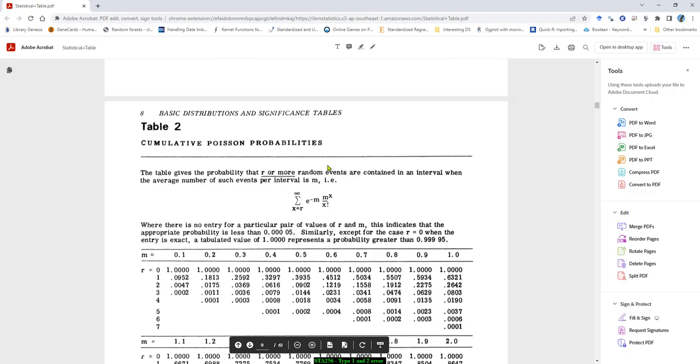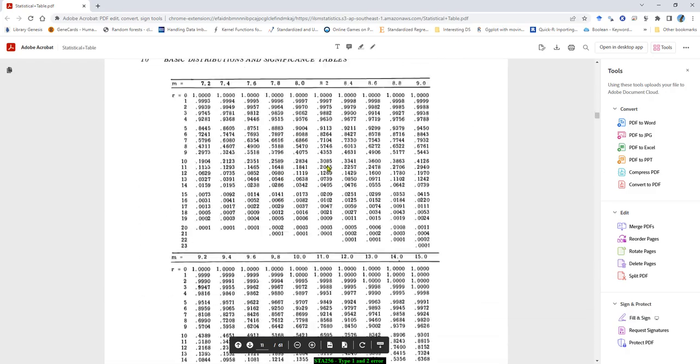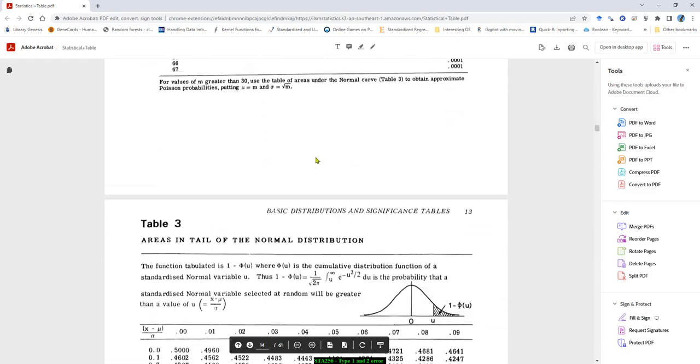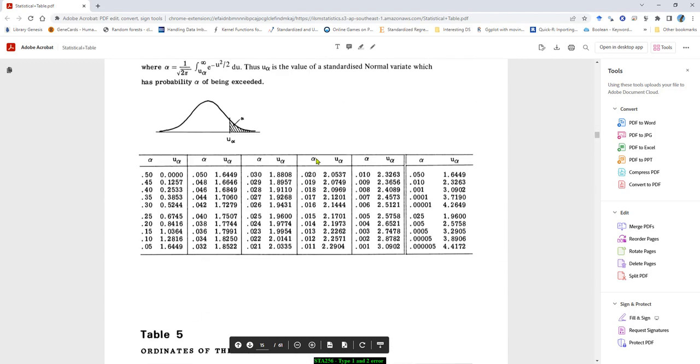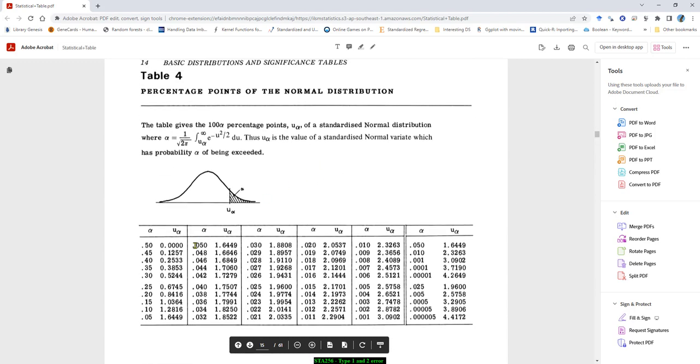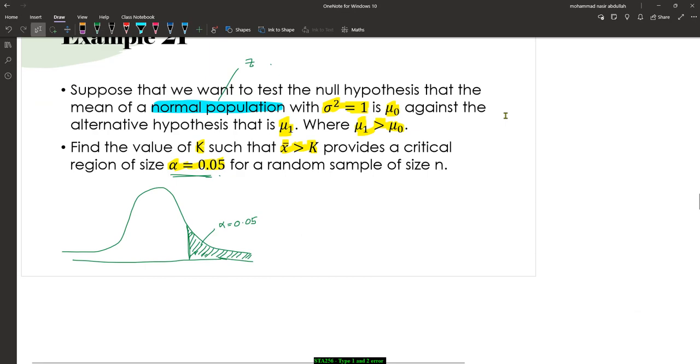Table number 4. 0.05, right, is 1.6449. So this one should be the critical value, 1.6449, right? So we want to find the value k,